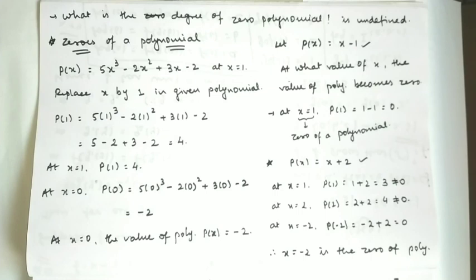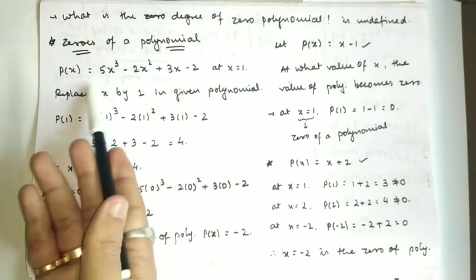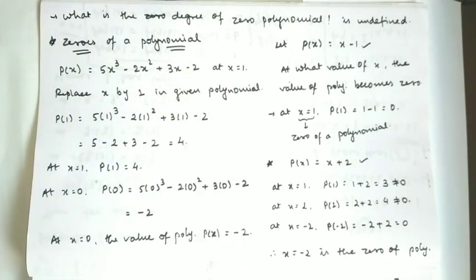Are you getting me? To get the zero of a given polynomial, we need to do a little bit of trial and error. I know that this is a very bulky thing now. 1, 0, minus 1, 2, minus 2. How many numbers do we keep on trying like that? If this kind of polynomial is there, it's a very big number. It is very difficult to identify. Correct. So we'll keep it simple right now. We will see the method later which helps us get the zero of a polynomial easily. But for the starting, we need to do it like this. Correct. Because we need to understand how we are getting the zero of a polynomial.